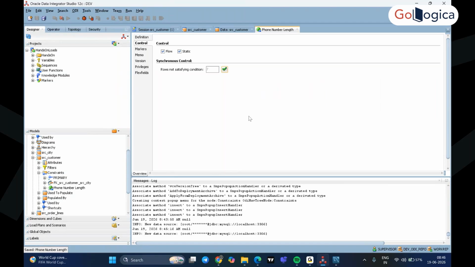Because yeah, I got it. I was under the impression that after design, after run, we would be able to see it. But here, upfront, because we are doing the static check, and the static check is selected. For example, you remove the static check